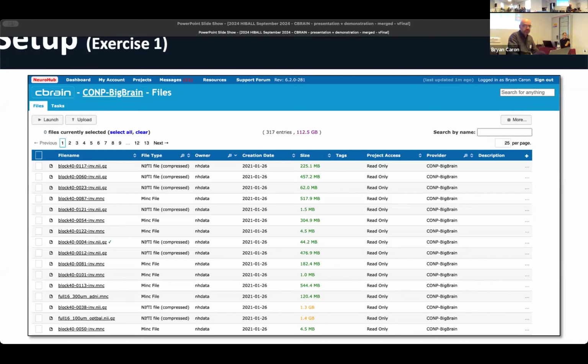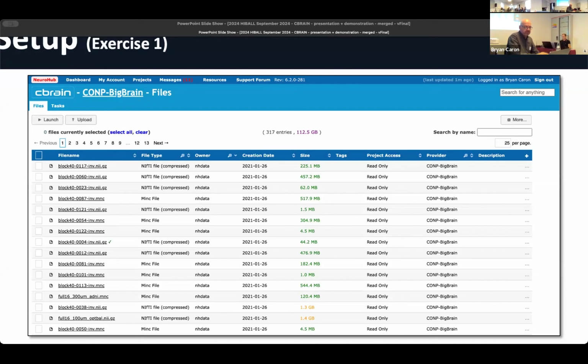But what we're going to do is you're going to say, well, I want to work with a subset of data. Now, this requires, of course, that you always need to have an understanding of what your data is, and what your data structure is like. In the case of the BigBrain files, what we want to do is run some analysis with one of the tools. But we're going to look at just one particular format.